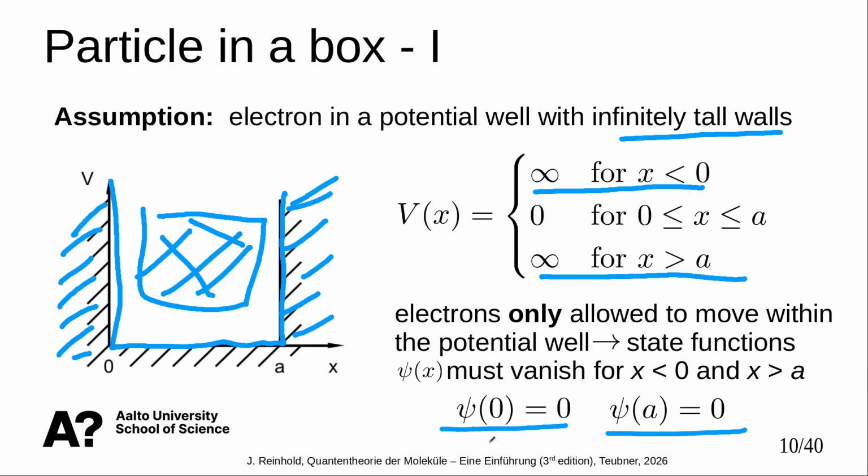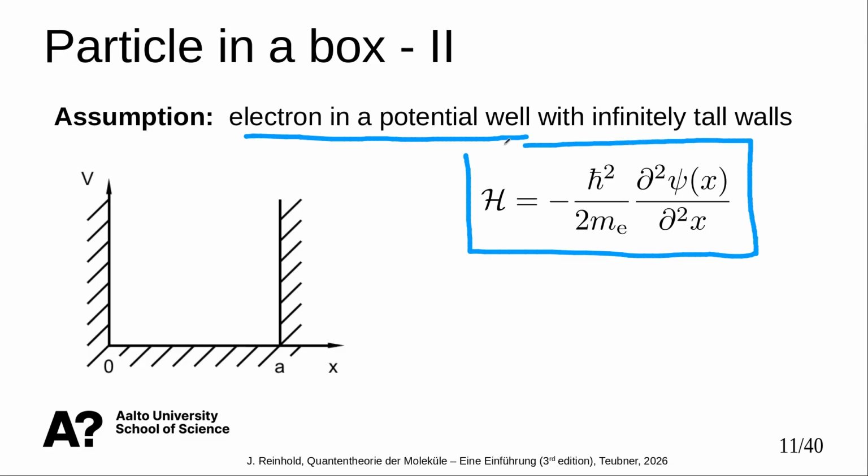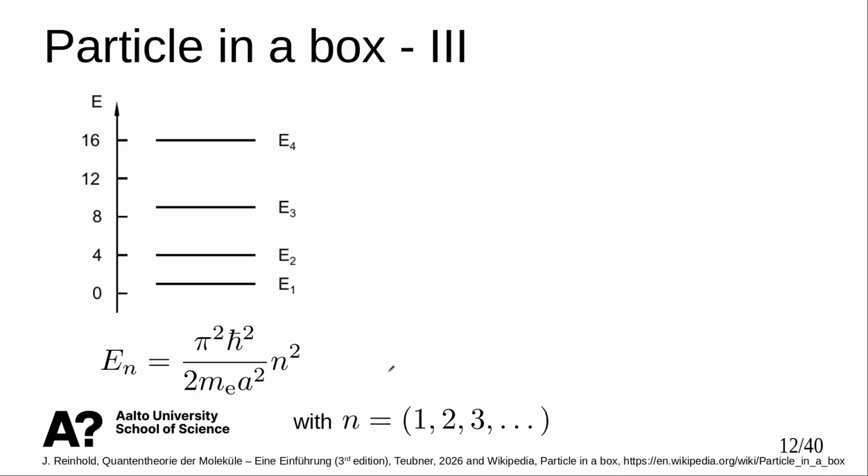And how do we start now? So our Hamiltonian for the electron in the potential well looks like that. It's quite a simple Hamiltonian. And now we also need a state function, and for that we take an overall simple solution of a differential equation with two parameters a and b, which needs to be solved during the process. And if we do that, what we end up with is an expression for the energy,